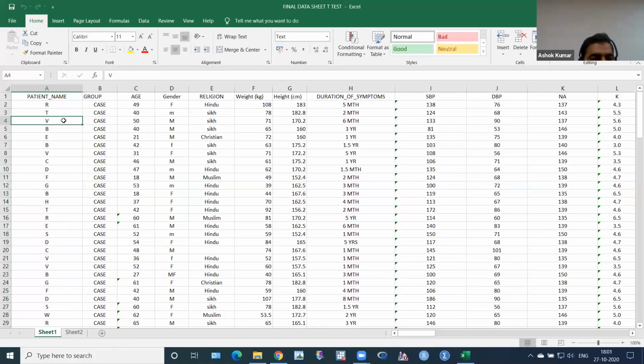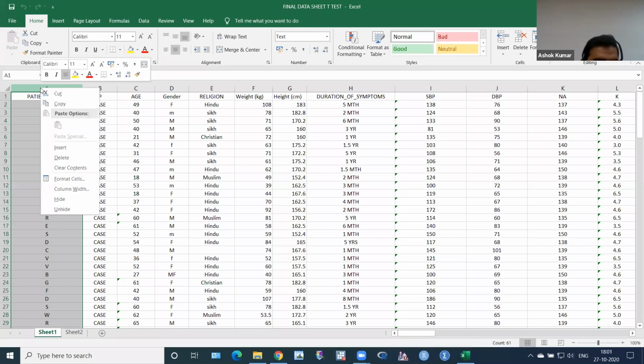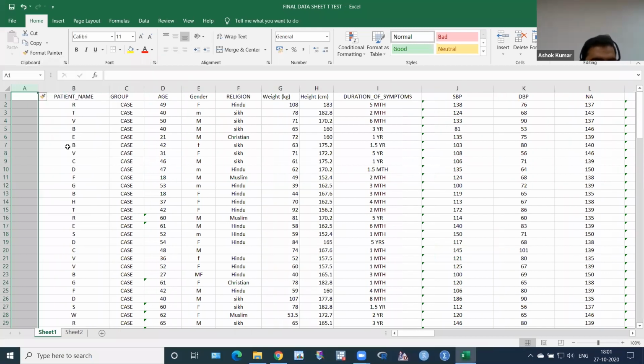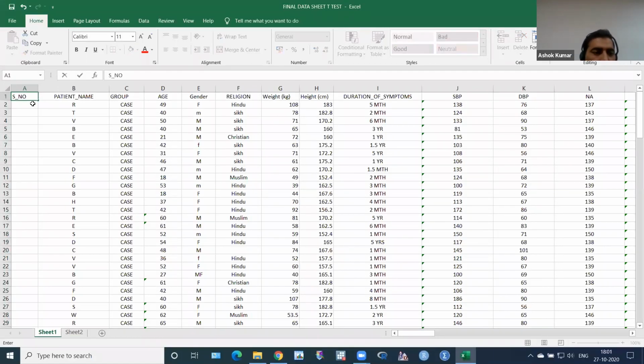Because I told you that the first column is the serial number, I have to click here, right click, and then insert. So this is a new column. Then I write S underscore number. Then click here 1 and then down arrow 2.